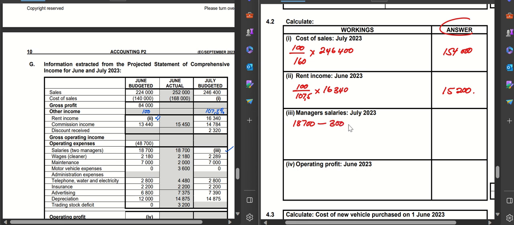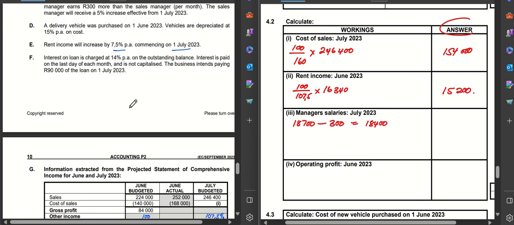So you say 18.7 minus the 300, and then it will now give you your amount, which is your 18,400. So the 18,400 is what these guys earn for the two of them, without the other one earning more